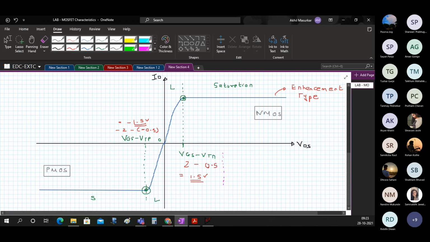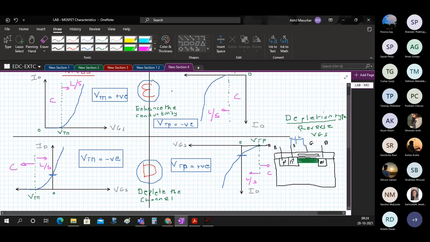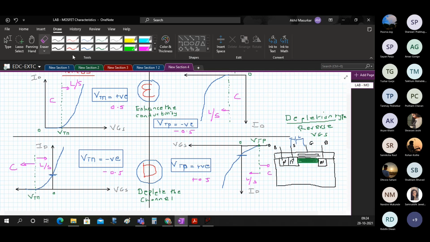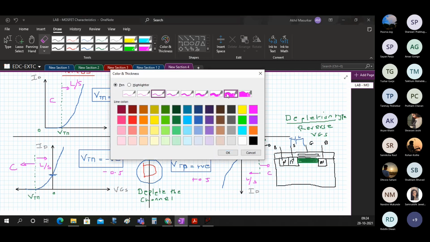So here the threshold voltage in case of an enhancement type, you should see here the threshold voltage was positive. Here the threshold voltage is going to be negative. So let's say if here it was 0.5, we got 1.5, and here it's minus 0.5. Here it is minus 0.5, and this is going to be plus 0. So now initially we were dealing with plus 0.5 for NMOS, minus 0.5 for PMOS.